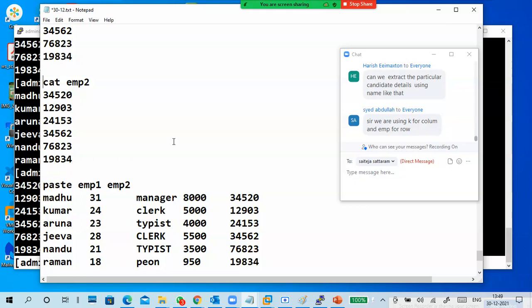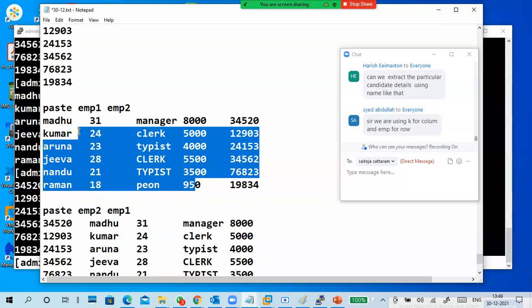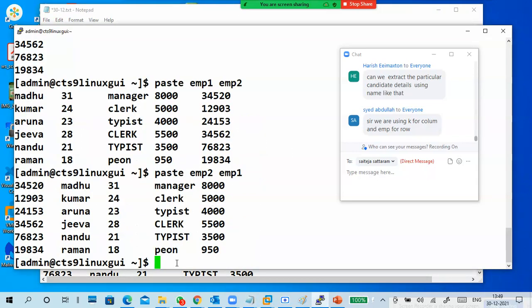You can put 2 or 3 lines also, no problem. With paste, what is happening? First file data, then side by side the second file data. So line by line horizontal matching like this, not an appending kind of thing. So that is paste.